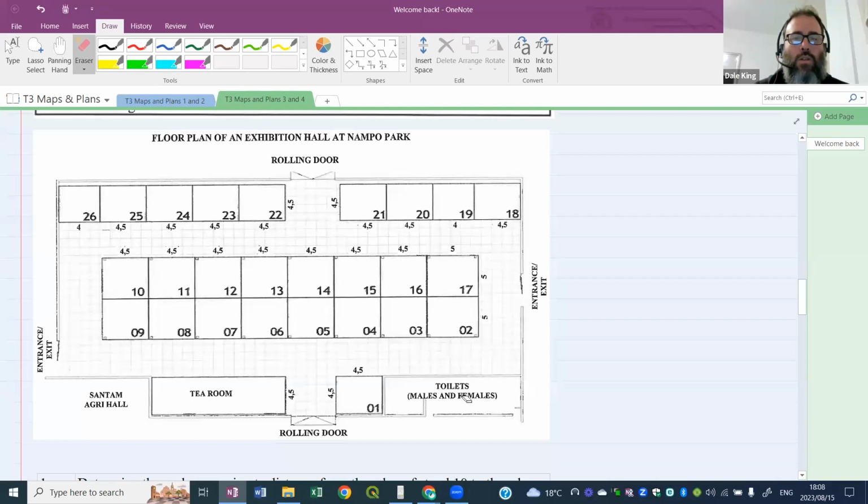We've got toilets in the bottom right-hand side as well. I hope you guys understand what's going on. So it's an exhibition hall. You walk in and you have a look at these stands. It's like a flea market kind of setup, where each space there's someone selling things, but it's an exhibition hall. So they're probably promoting their business in this exhibition hall. Okay, so there's the plan of this